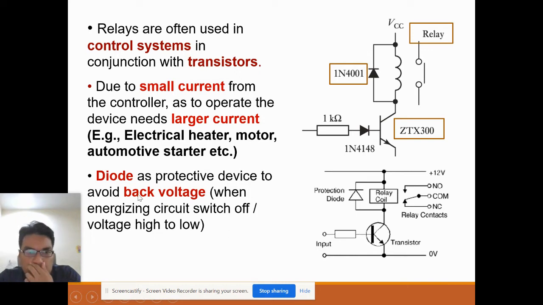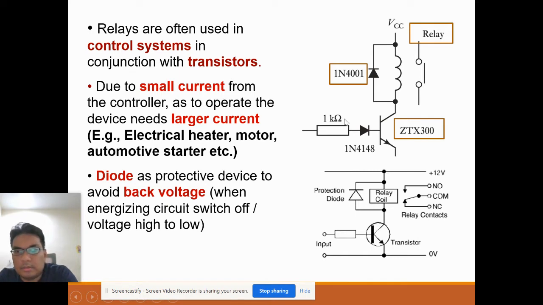So a diode is a protective device. We also need it mounted in parallel here, to avoid a back voltage when sometimes the energizing circuit switch is off. Also, in the case of changing the voltage from high to low, they need such a protective device, a diode, so that there's no back voltage that can make the other components